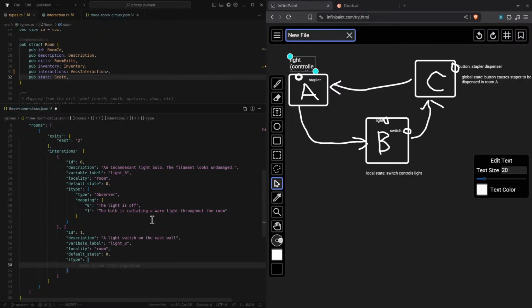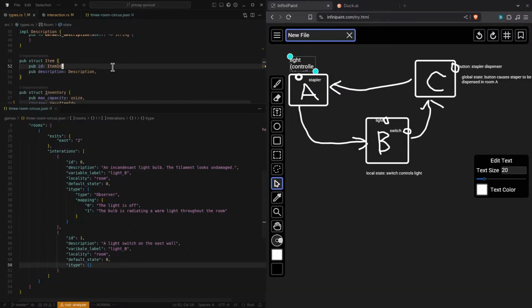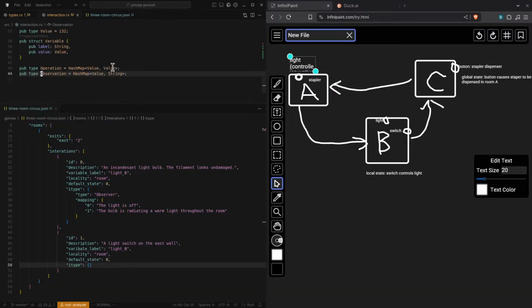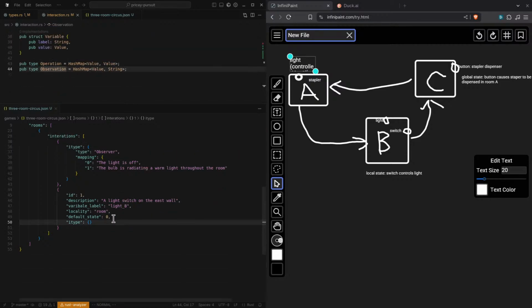I honestly want to make the observation be part of the interaction instead of the interaction type, and make it optional or something like that. It can be necessary for semantic reasons, like if you can't see the light bulb, then it could be part of the story to not know. Anyway,